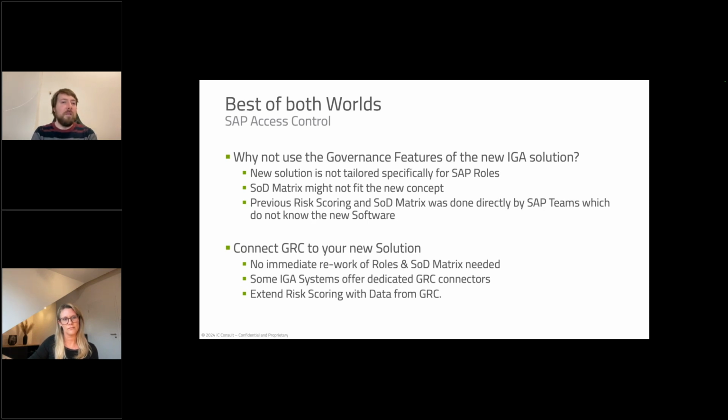I don't see a direct SAP REST implementation with the vendors. But what you can do is, of course, use middleware, BTP or Azure Functions, and a lot of vendors have this capability built in, so you can take a REST function and build that into your new IGA solution. So they can take REST calls, you can modify them, and then directly integrate with your old SAP IDM solution, or mimic this API.